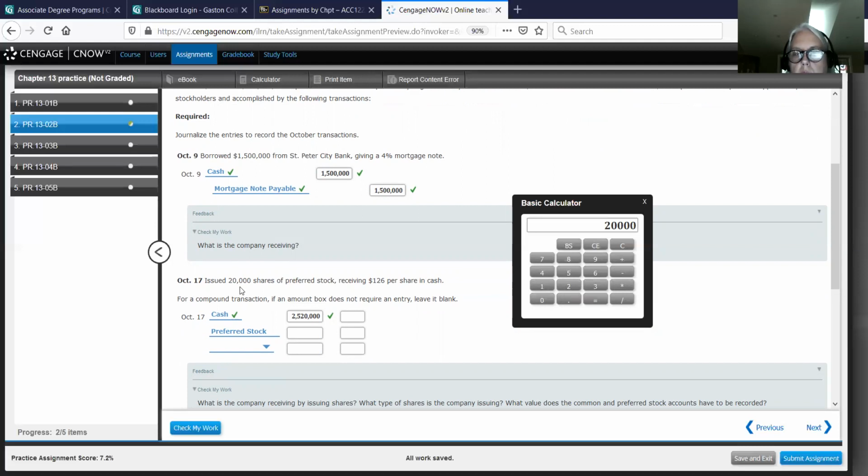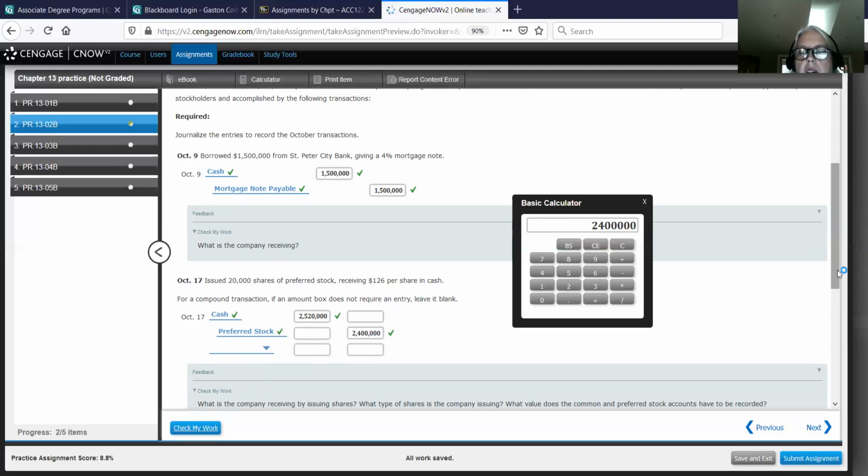That was the shares that we had issued. So that the total par value is $2,400,000. The remaining credit is going to be to our paid-in capital account